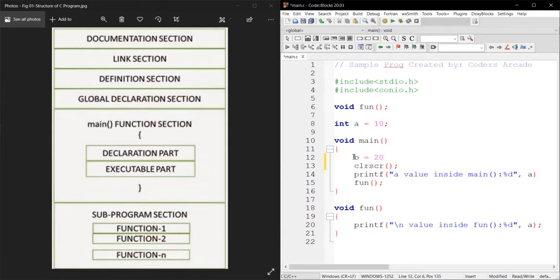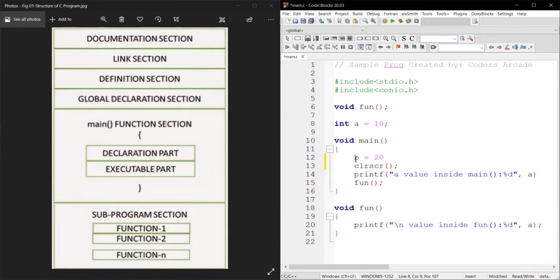As you can see, I have declared one variable b which has the value 20 in it. So this is the declaration part. This is the local declaration part. So why is it local? Because I have declared it inside the main function, and now this variable can only be used by our main function. We cannot use this b inside our void fun function because it is not globally defined here.